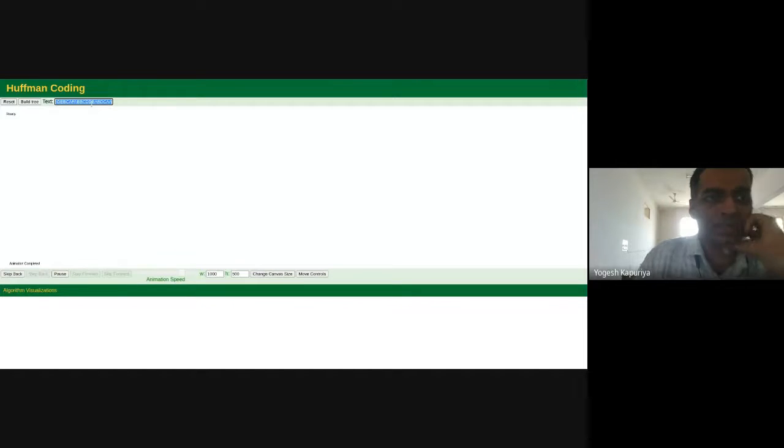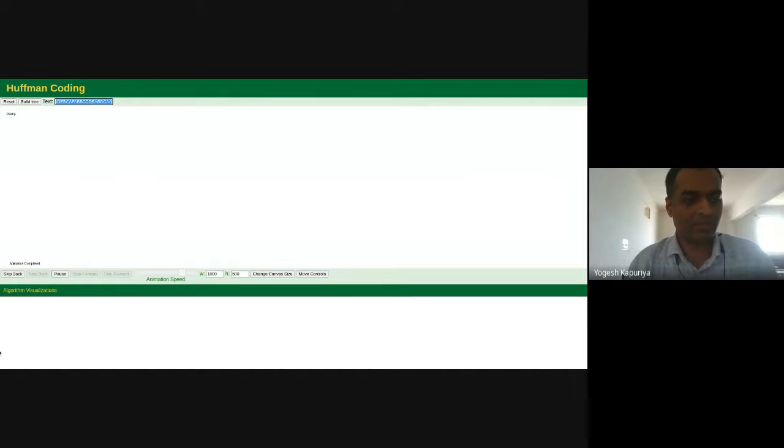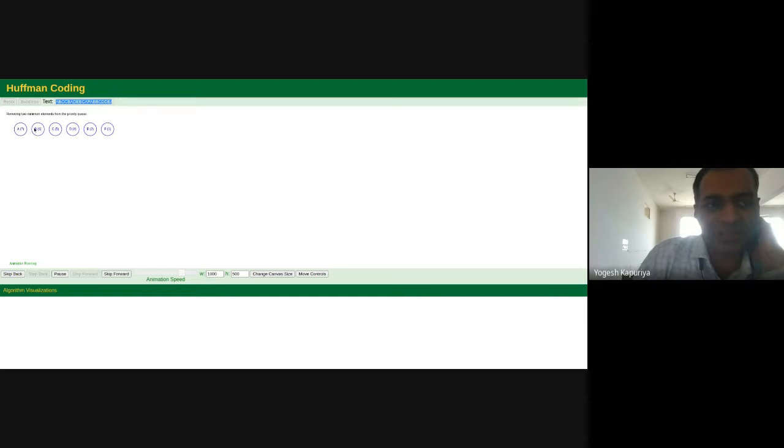So this is the text which I am giving. Okay. Now we want to generate a tree. So we will use build tree.